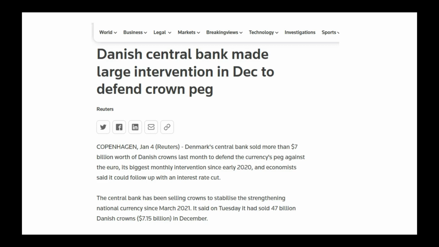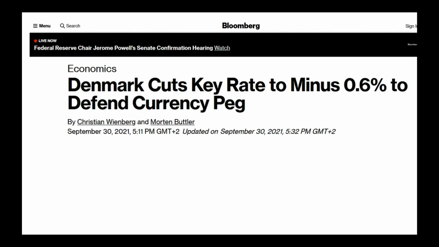So this is the 4 January news from Reuters, and this news you can find around the internet, on Bloomberg, on Reuters, on CNN, everywhere, because it's very important for the market. And in the past, for example, in September 2021, we had again a central bank decision to cut the